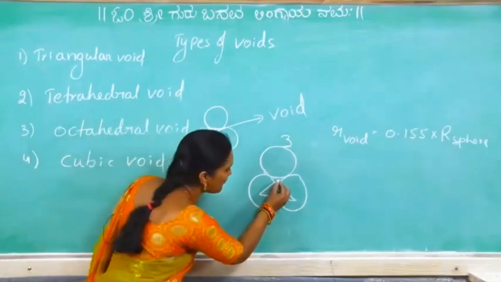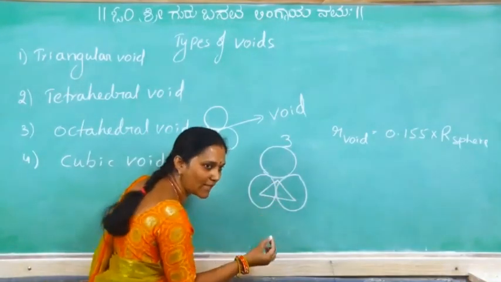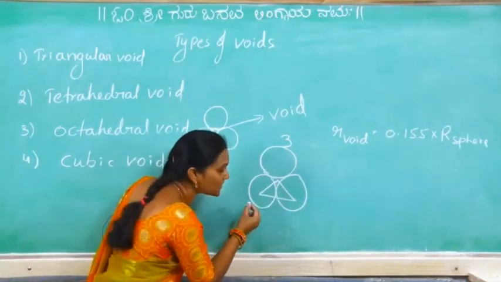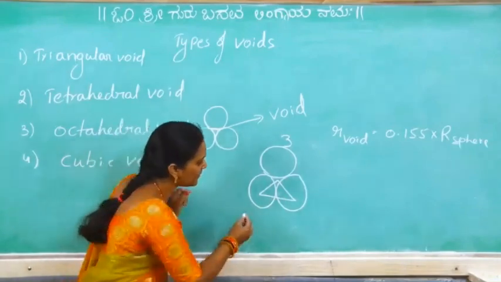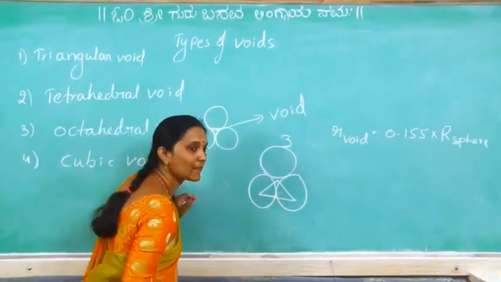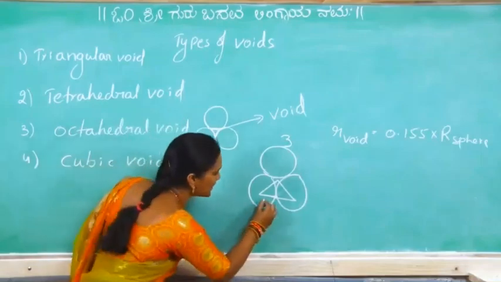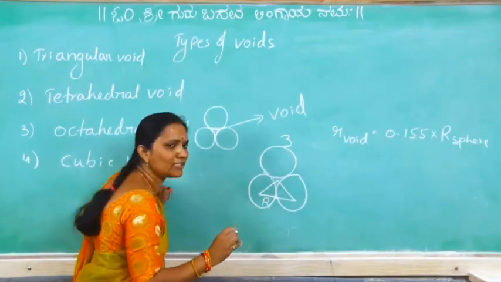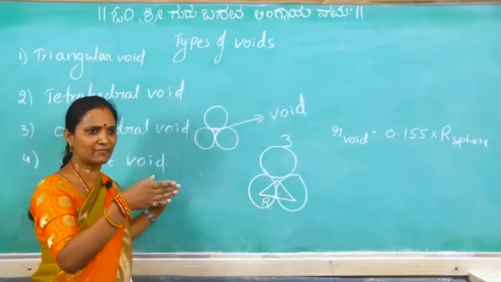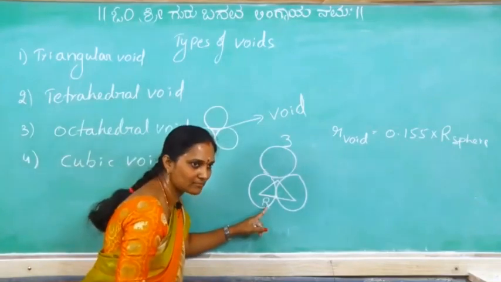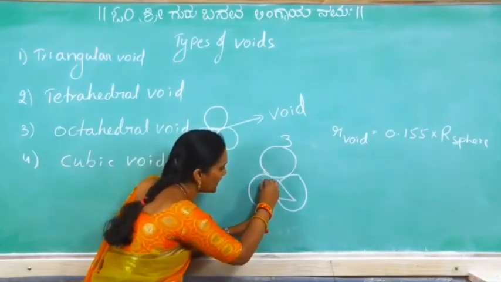Half of this, radius of the void. Half of this remaining is a radius of the sphere. Now up to this it is a radius of the sphere. Nothing but this radius of sphere I am giving. In notes clearly I mentioned everything here with lines. This is R. Now this radius of sphere, it is R.